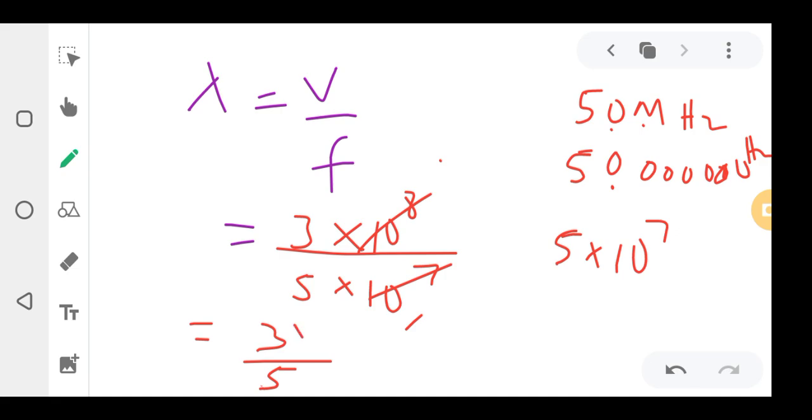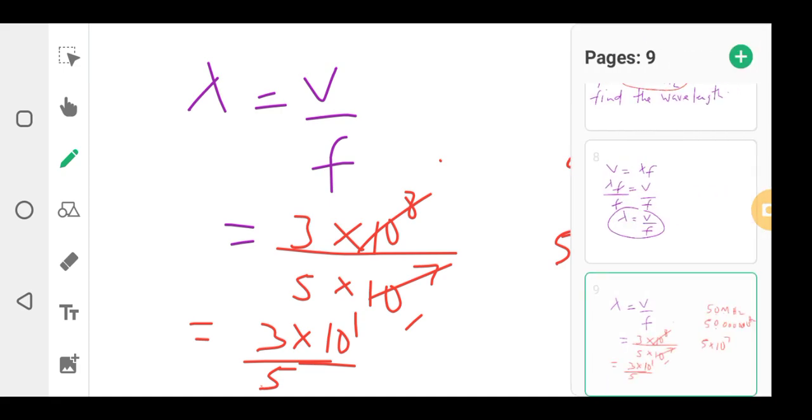So what you have, times, since you have cancelled 7 in 8, that means 1 has remained. So it will be 10 power 1. Okay? 10 power 1, or 10. So that will be lambda is equal to 30 times 10, a number power 1 is itself, over